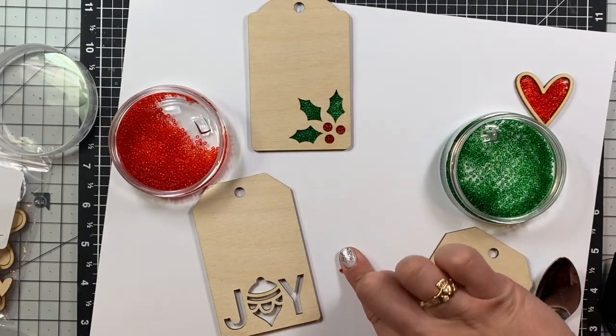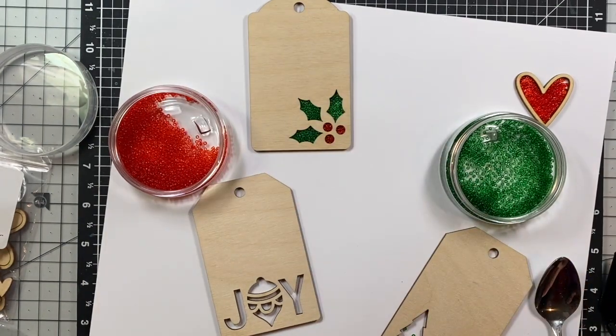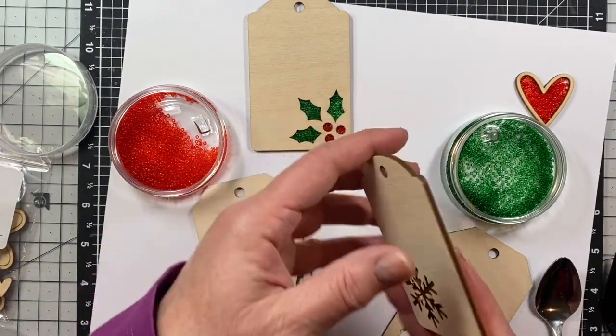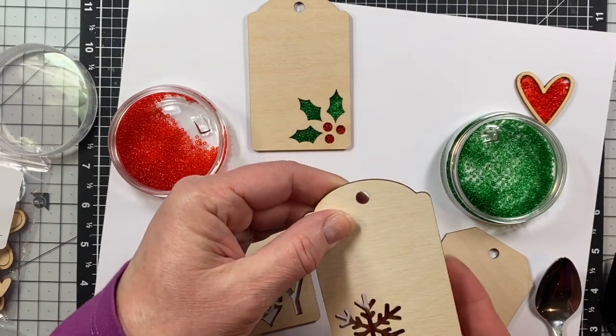You could use the white. If we were doing this too, we have it on a piece of white daisy right now, but I would also put it in here. Yes. And then just kind of let this sit off to the side. Right, because what you want to do is take the one side and put your paper on here or your